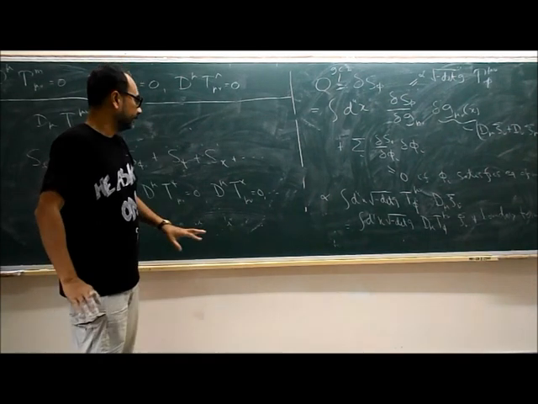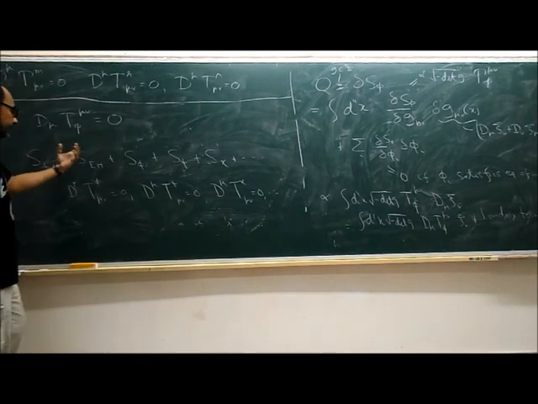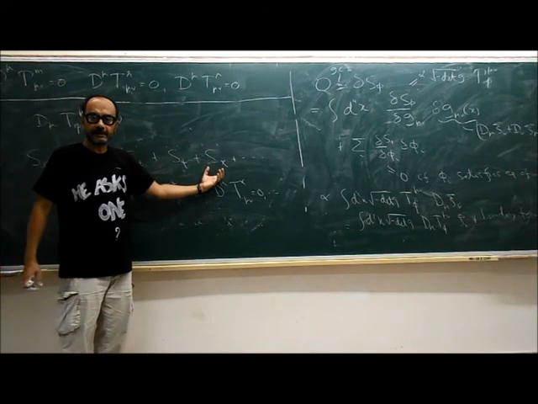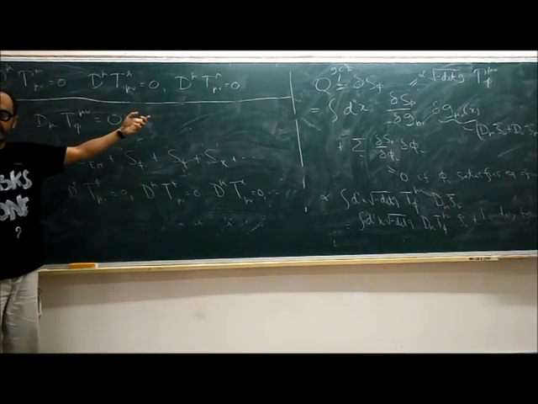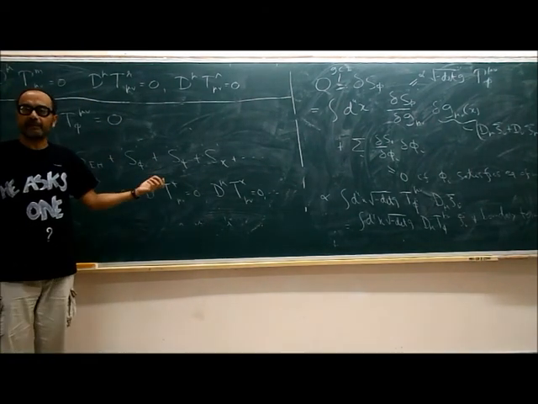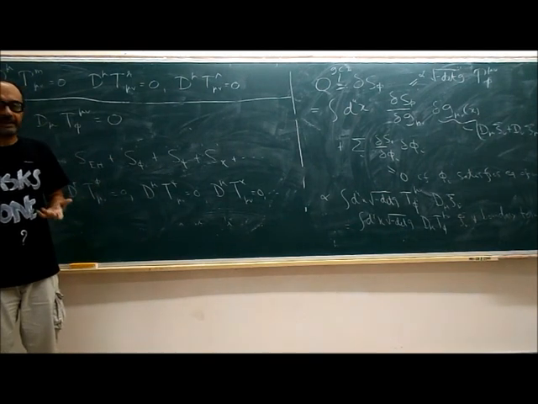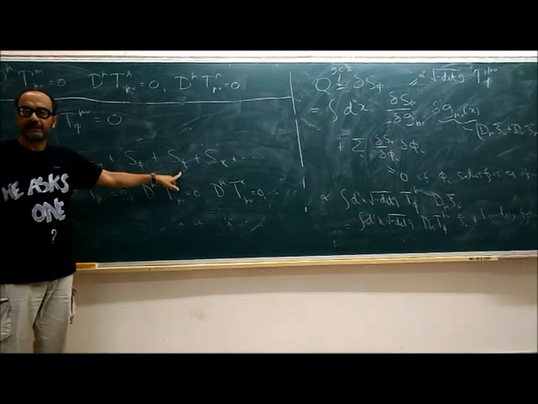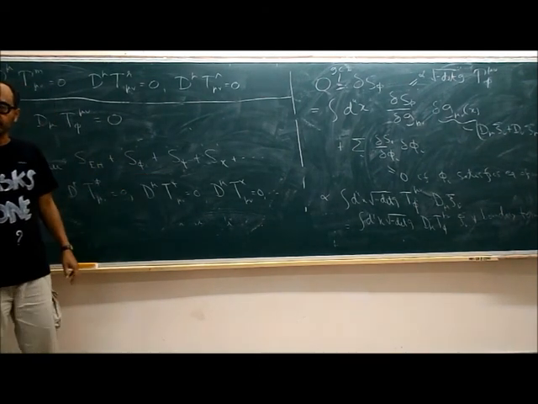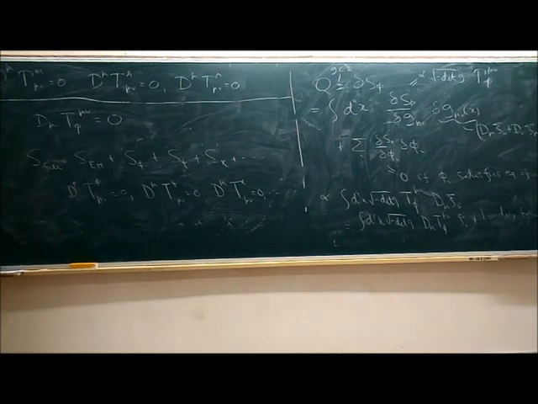And in this context, the statement is that if the action contains a set of decoupled terms, then the corresponding energy momentum tensors are conserved in this sense. Even though these are not strictly decoupled because gravity always couples to them, that doesn't matter, these still hold. What is important is that there should be no term in the action that couples two of them directly. So we will proceed with this assumption that individually the energy momentum tensors of matter, radiation and cosmological constant are conserved. That the action doesn't contain any term that couples the two, and then we will see what we get from there.